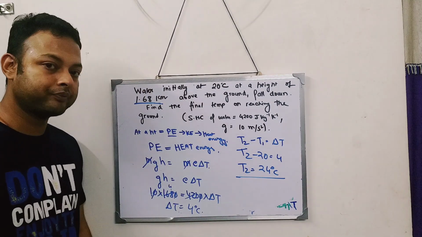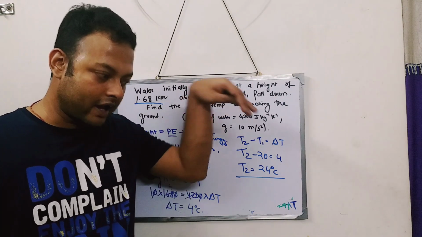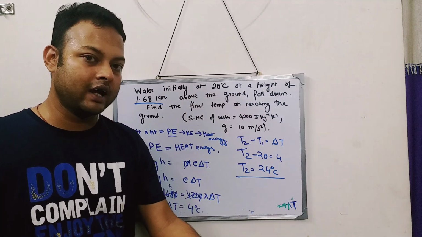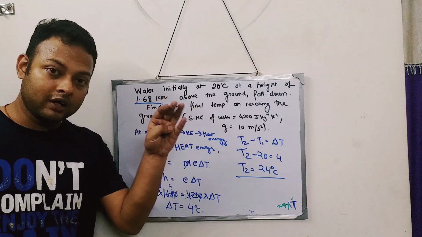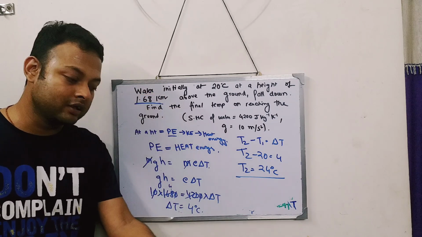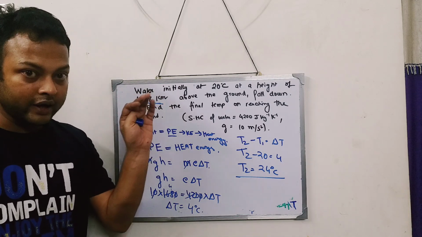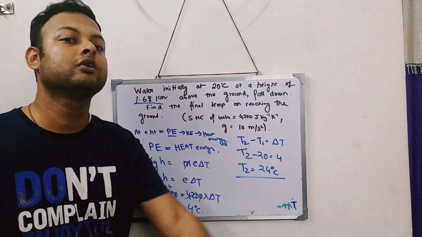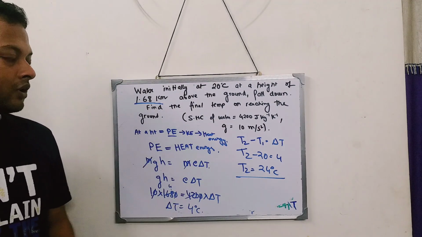So that is the water temperature finally. Initially 20, as it falls, all the potential energy changes into heat energy, and the water temperature is finally 24 degrees centigrade. So you can say in a waterfall, the water at a height is at a lower temperature, whereas when it falls, it becomes warmer. It is hot. Why does the cold water change into hot water? Because all the potential energy changes into heat energy. Okay, potential to kinetic and kinetic to heat. So I hope you understood the sum.